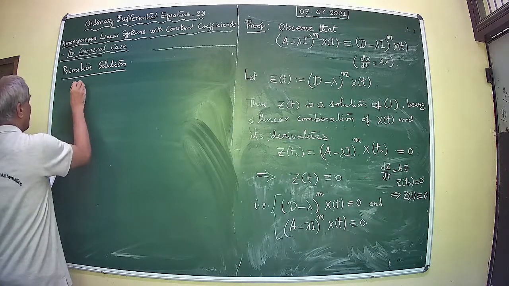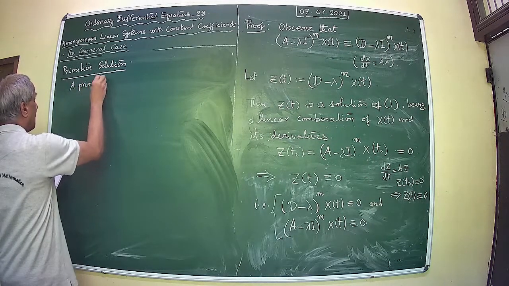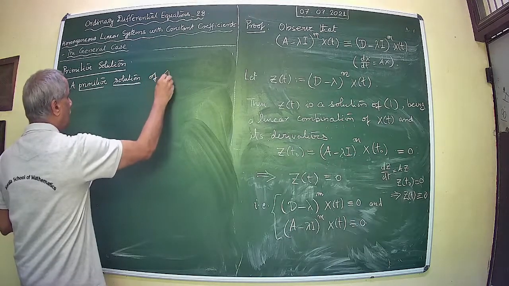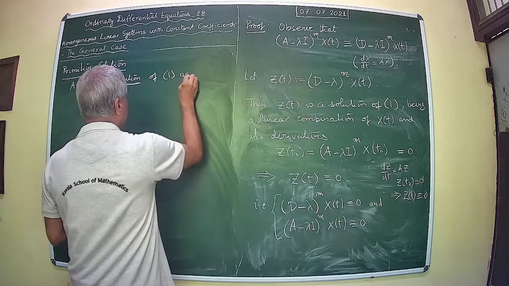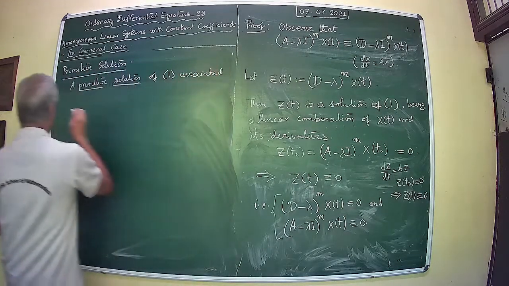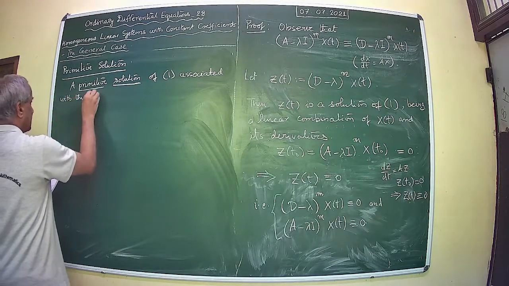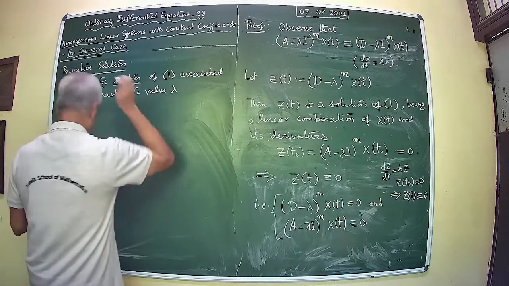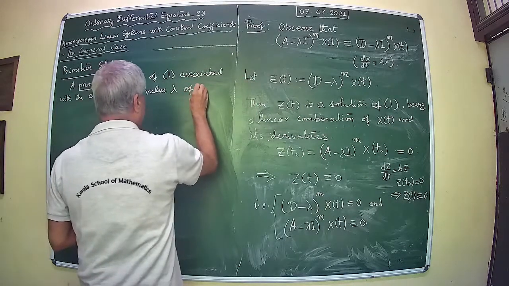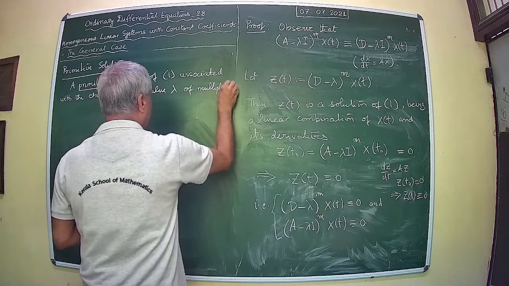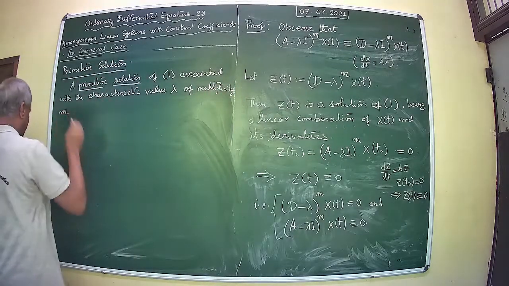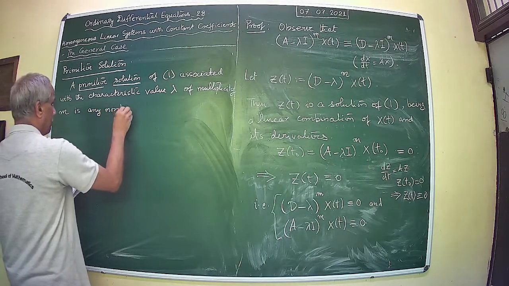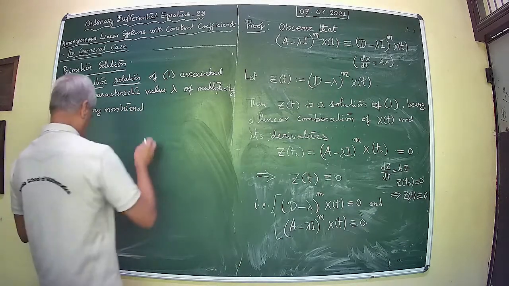A primitive solution associated with the characteristic value lambda of multiplicity m is any non-trivial solution of 1